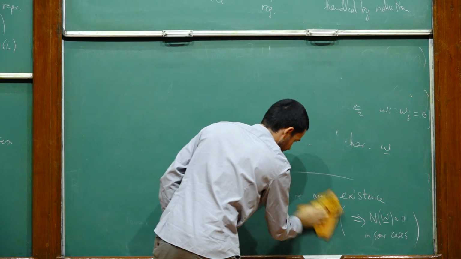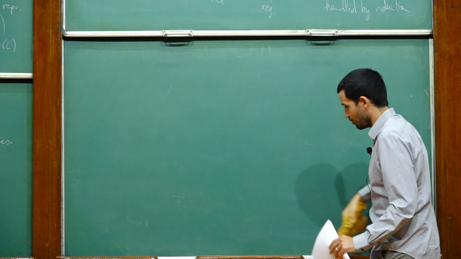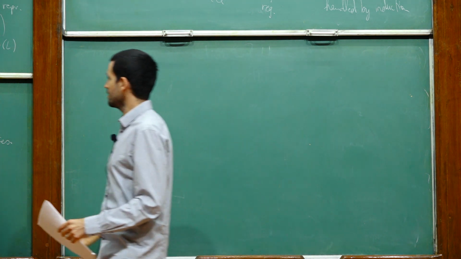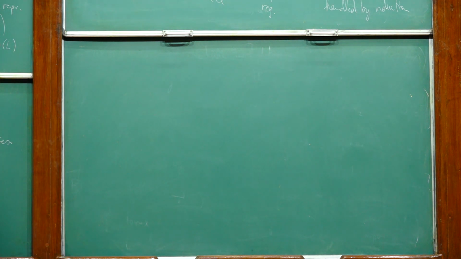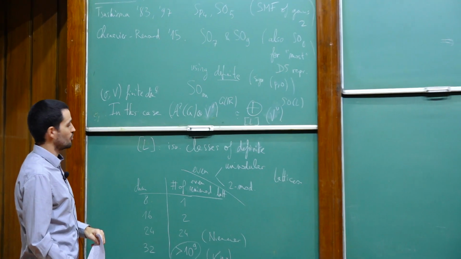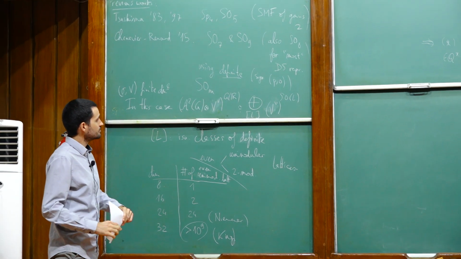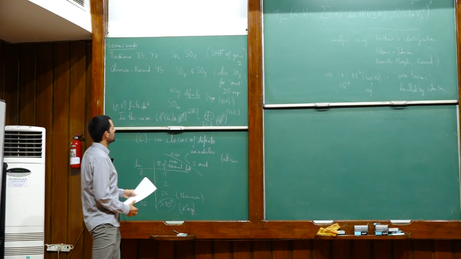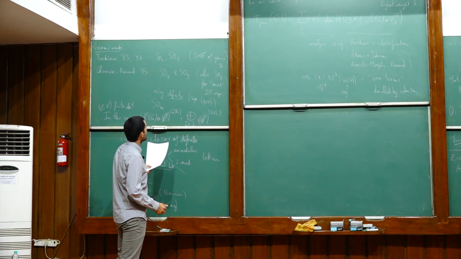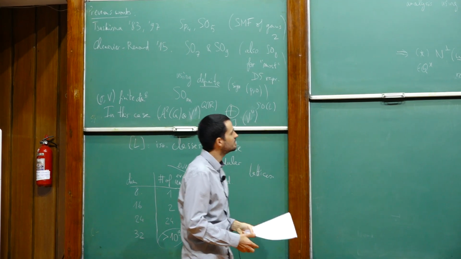And in this induction, maybe I can just mention, it's important to handle all the cases at once, so together, the symplectic groups and the special orthogonal groups. And that's one of the reasons why we cannot always use definite groups. There are no definite inner forms of Sp_2n which are unramified at every finite place. And for example, you really have to understand the case of Sp_6 before doing SO_8. So that's why there's a most here.